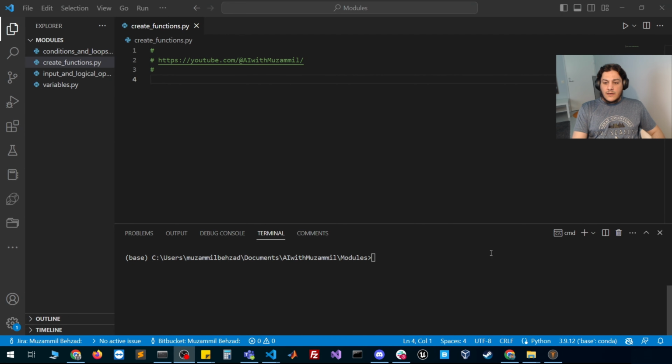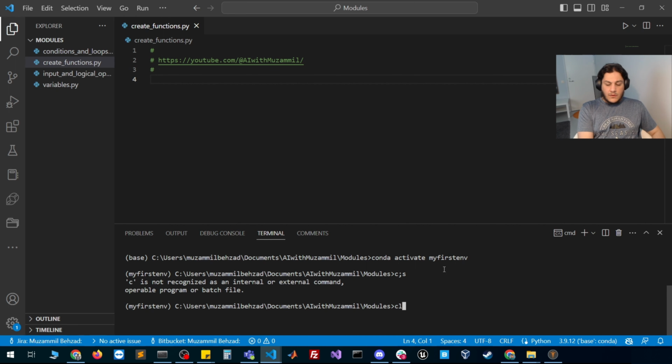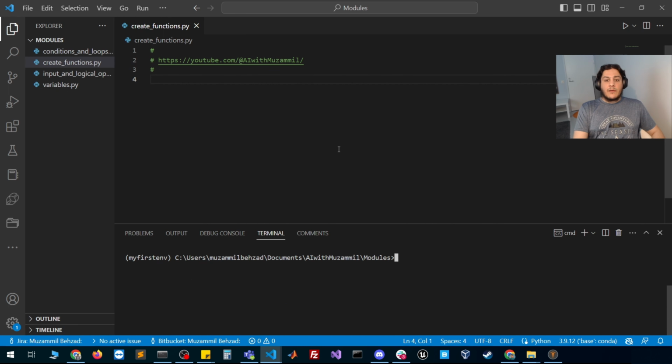Alright, so let's activate our conda environment by saying conda activate my first env, and the prompt should change. We can clear the screen with CLS. Okay. And then we are going to work on